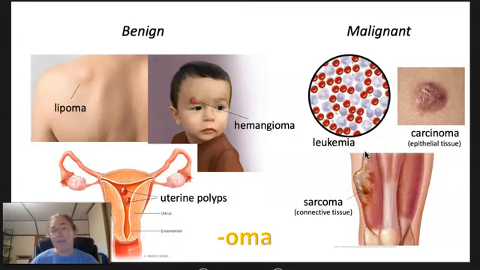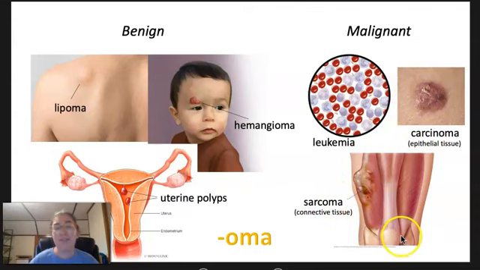Some examples of malignant tumors, carcinomas. These are cancers of the epithelial tissue. So there's lots of different types of carcinomas. So in the skin, for example, you can have a melanoma, you can have a basal cell carcinoma, you can have squamous cell carcinoma. So the different types of carcinomas are named after what cell type they originated in. You can also have